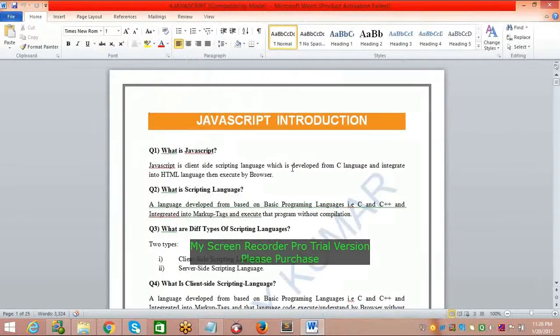Immediately a technical person will ask what a scripting language is.